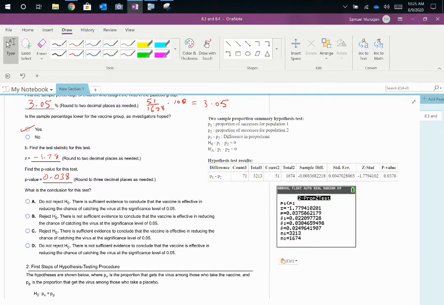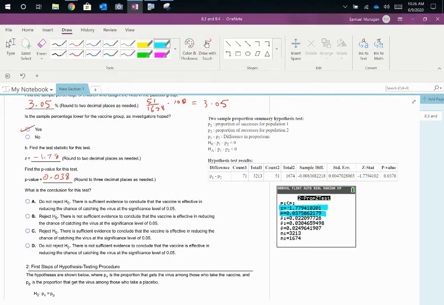So here we can see the z-score is the same, and then the p-value is also the same, 0.038, also the same. So we're good to go, yes? We're good to go. Either way we do this. Now,